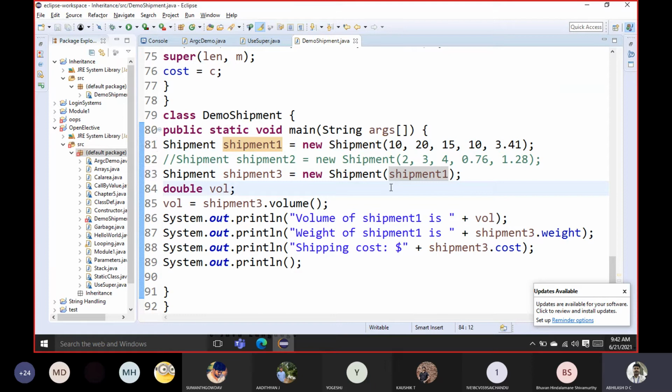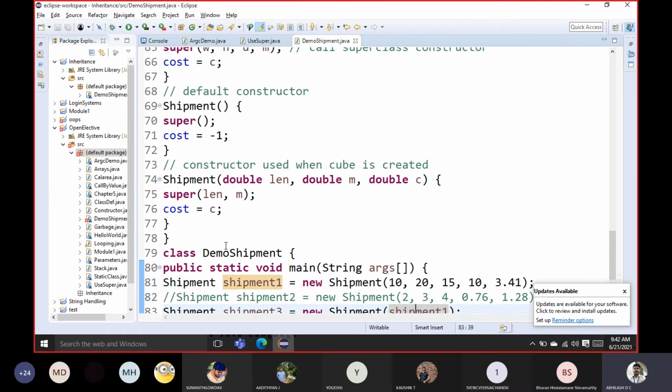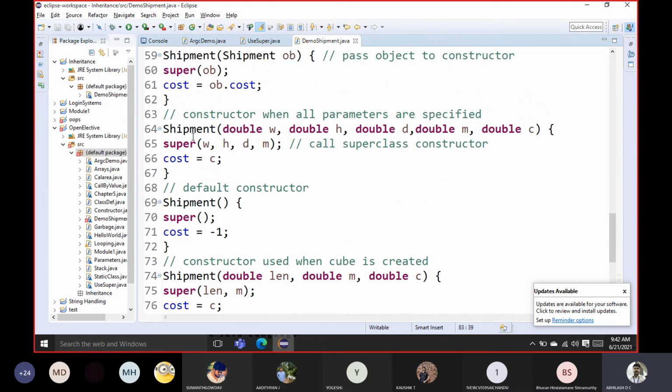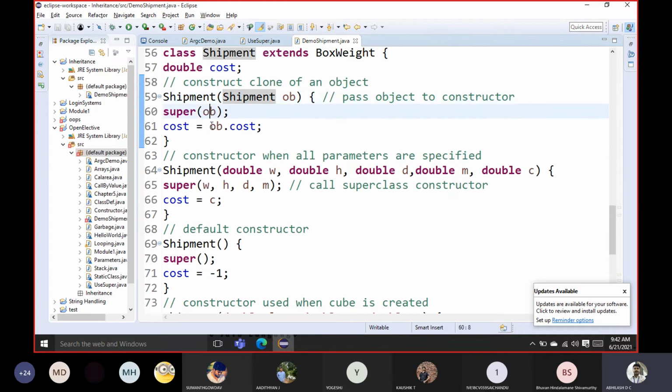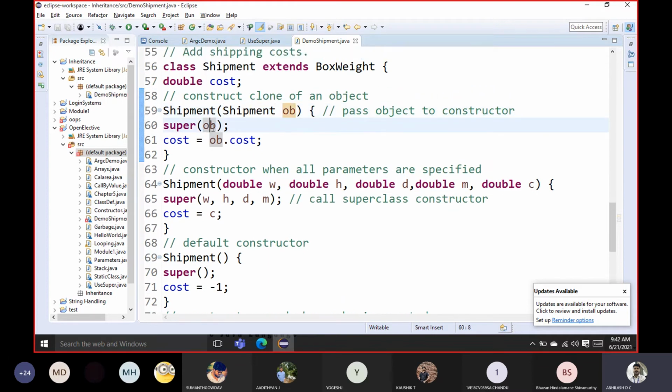So whenever I'm saving the object shipment 3 with the value object as shipment 1, whatever the contents of shipment 1, see that this is an object, right? So I'm copying all the contents of shipment 1 over to shipment 3. So whenever I print shipment 3 here, I should get the values of these. All right, so looking into the shipment 1 object, go to the shipment class, look for the shipment constructor which is dealing with the object. Yes, shipment object. So it is again sending the same values of the object of shipment 1, and it goes